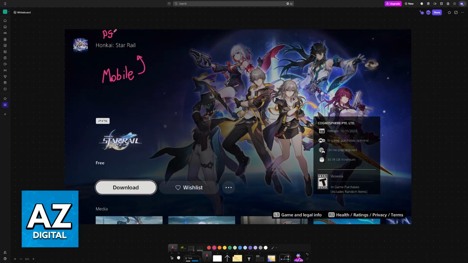If you are playing Honkai Star Rail on a PlayStation 5 and you want to ensure that you either don't lose your progress or you transfer the progress from PC or mobile to the PlayStation 5, then I'm going to cover how to do exactly that. So first, I'm going to cover what to do if you already play Honkai Star Rail on PC or mobile and you want to transfer over your progress and make sure that it is saved onto the PlayStation 5. And then I'm going to cover later how to convert the progress that you have on PlayStation to PC or mobile.